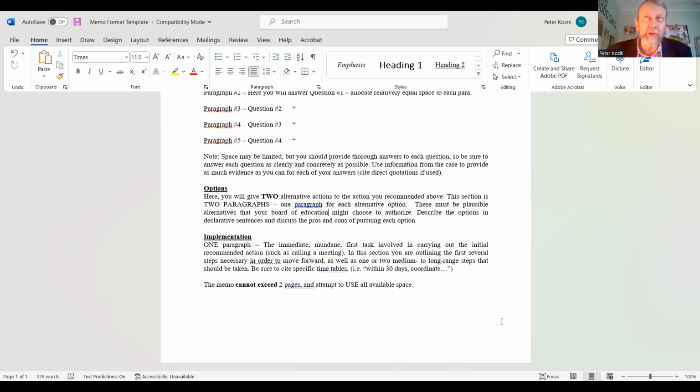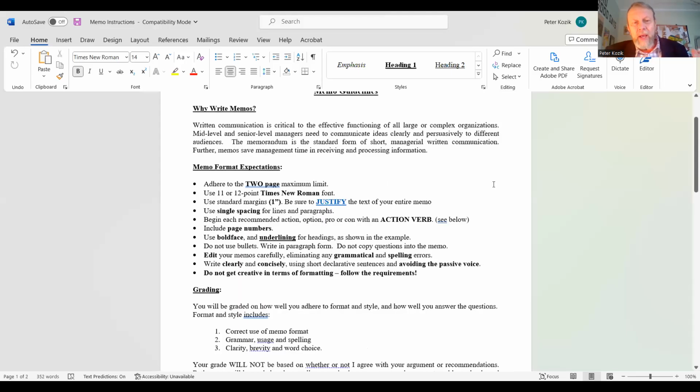Think back to our leadership course and think about PDPL in terms of how you would develop something like that yourself. And you're in charge of the professional development. You're not going outside your district to find somebody else to lead the professional development for you. So that's an example. It's kind of what a template for a memorandum would look like.